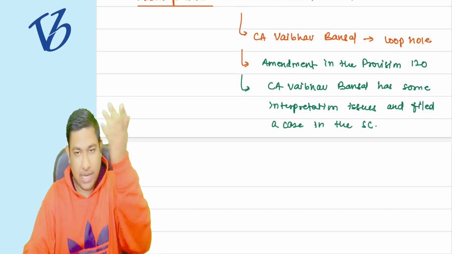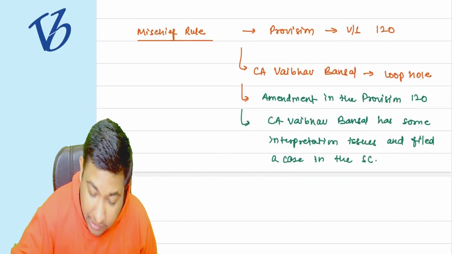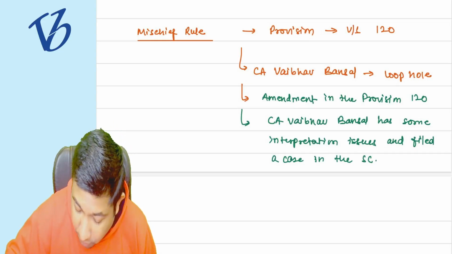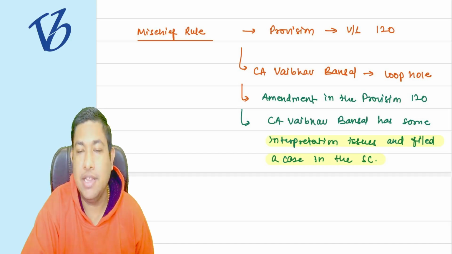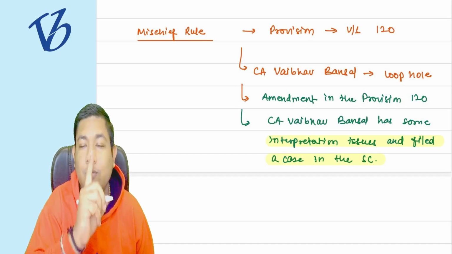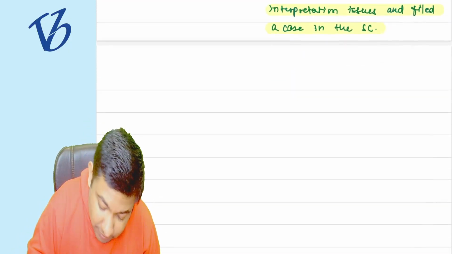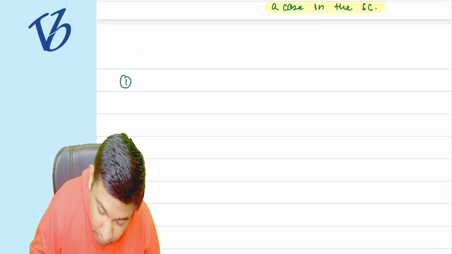Suppose in the Supreme Court directly. Now, if the judge wants to give the correct judgment in this particular case, then what must he know? He first must know